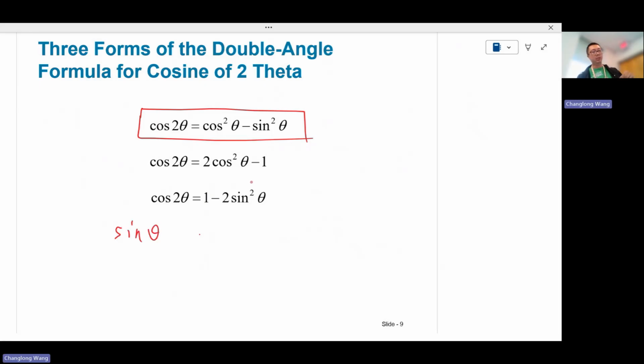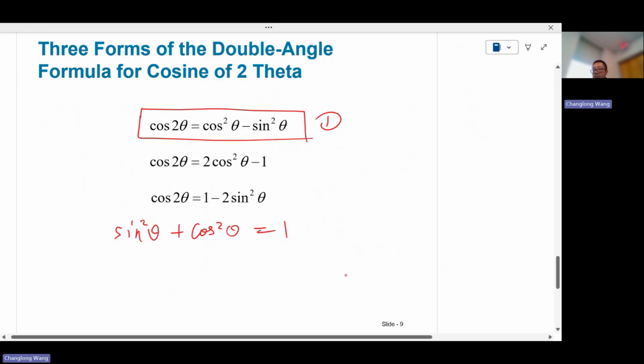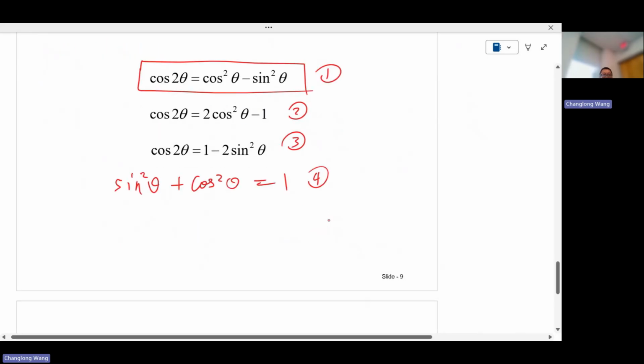But the two other versions are understandable, because this is basically combining the primitive form, which I'll call equation number 1, with the famous Pythagorean identity. Let's say this is what I call equation number 4. You know what, I'll call this one number 2, number 3, right? So let me isolate